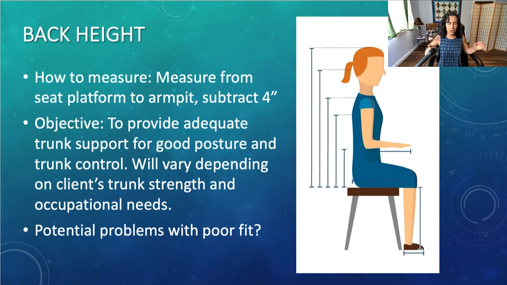So again, imagine a cage around the person or a cage-like structure. Anything that's impeding their arms getting to the rims of the wheels is going to be problematic. It also increases pressure on the back, the scapula, and the vertebra, and that can result in pressure that we don't want. And then if the back height is too low,